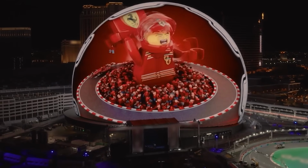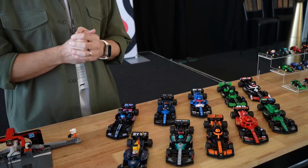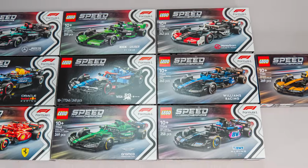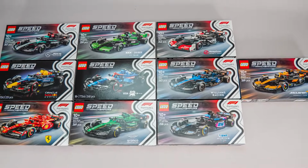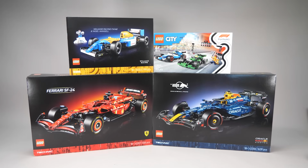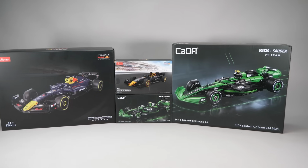It's been a while since we first saw the LEGO Speed Champions Formula 1 lineup. The official collaboration and sets were announced last November in Las Vegas, where you could already see them assembled, but today I can finally build them myself. And we won't stop at the Speed Champions sets, of course. There really are many Formula 1 sets waiting to be built and compared, not just from LEGO as you can